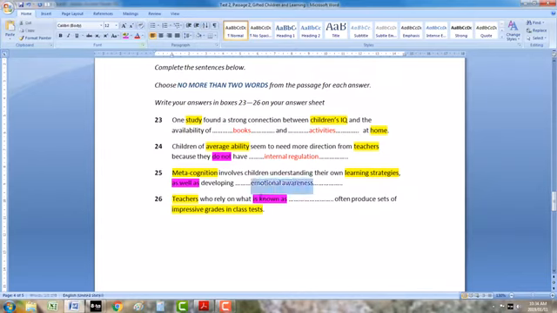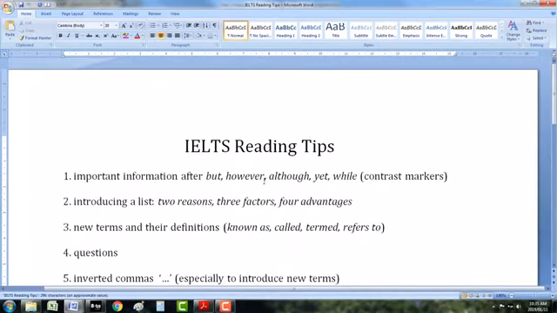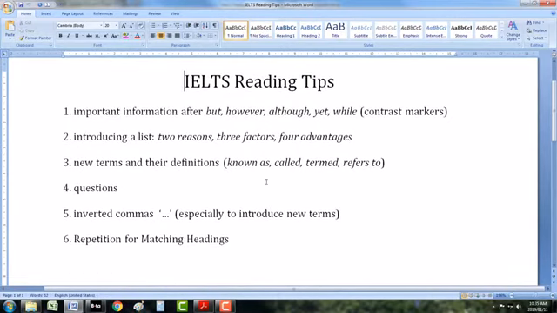And one of my favorite examples of structural language is "this is known as." We've seen it in other tests, introducing a new term. Let me go and find that old document. This document over here, we haven't looked at it for a while. I think I did it in Cambridge 12, but it's very good. This point that I've made many times before: when they say is known as, is called, is termed, refers to, and this possibly, to introduce new terms.